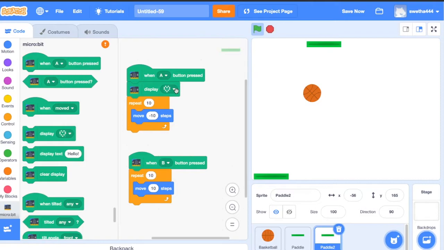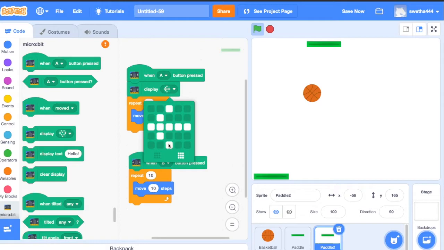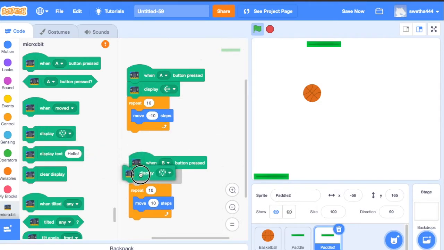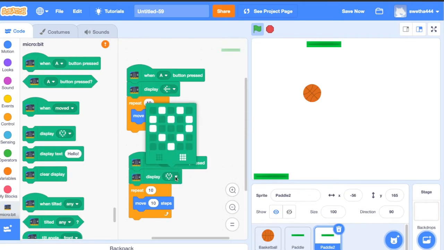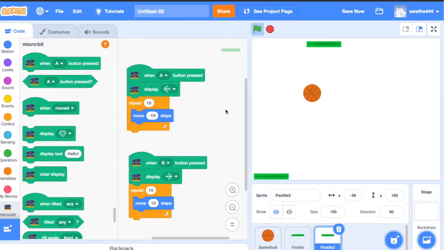When A button pressed, here let's display the arrow mark. When A button press, it displays left side arrow mark, indicates paddle moves towards left. And when B button press, let's display right side arrow mark, indicating paddle is moving towards its right. Perfect.